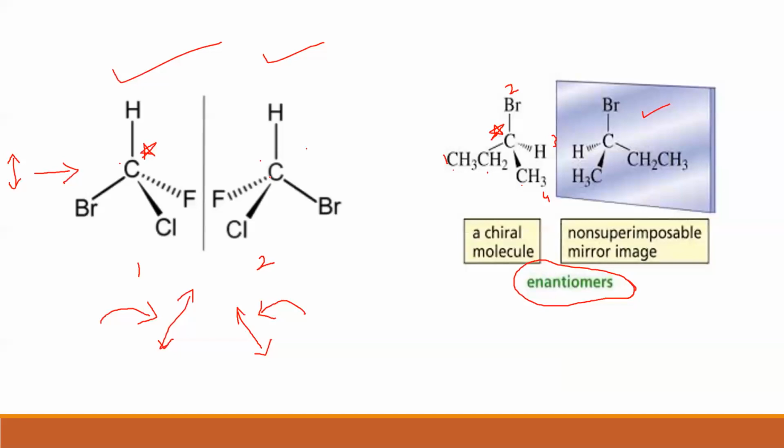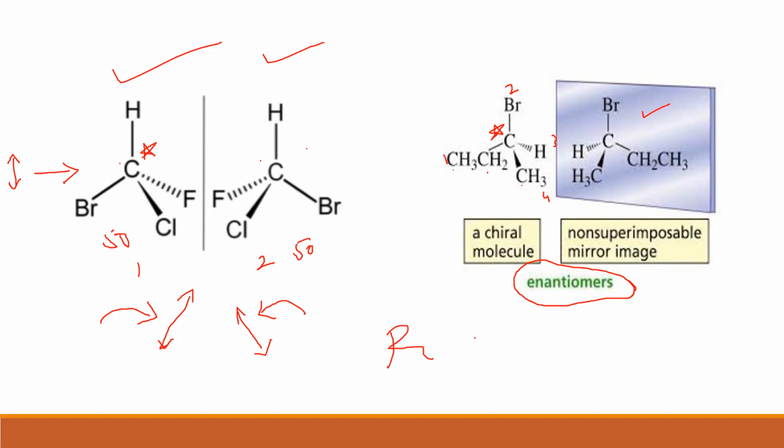But I want you to find out, if I take 50 of this and 50 of this, and mix these two, it forms a mixture. What is that mixture called? That mixture is called a racemic mixture. I want you to find out whether a racemic mixture is optically active or not.